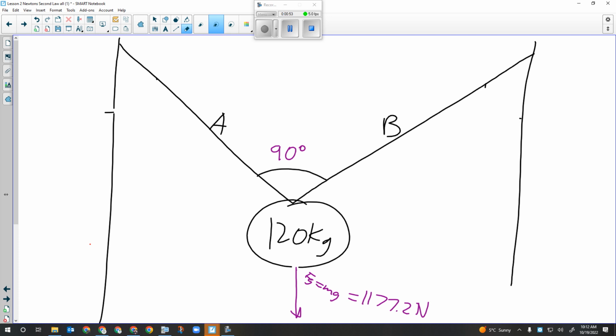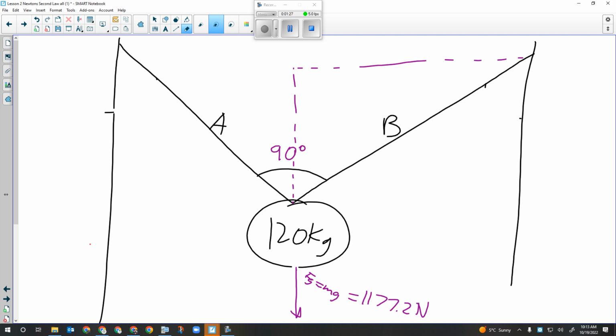Now, I have two cables that are pulling diagonally against each other and against gravity on this 120 kilogram mass. How much upward force do I need to get from those two cables? Right, 1,177.2 newtons. How much of that does each cable support? 50%. So what I've got to do is draw a triangle